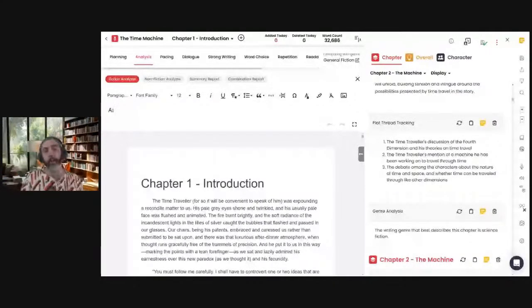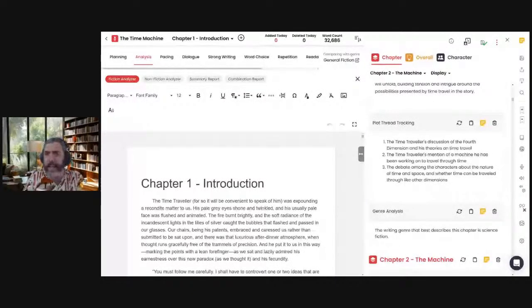You're not telling it, oh, this is supposed to be sci-fi. It's just looking at what's on the page, which is really helpful because, of course, if it looks on the page and says, this is clearly a romance, well, that's not great. If you're writing a romance, that's fantastic. But if you're writing a sci-fi, you would want it to go ahead and say so.